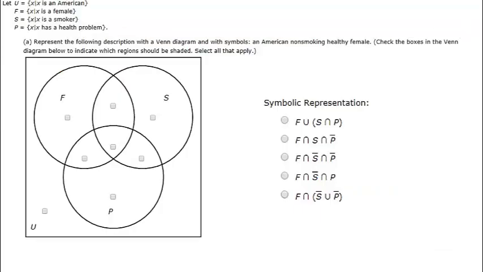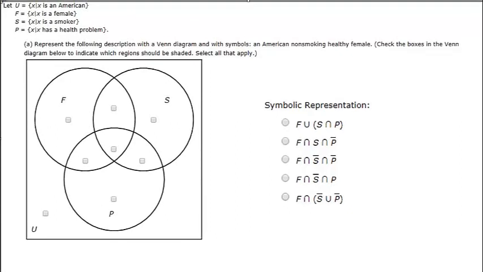Alright, here's where we want to be for real. We want to see what the homework looks like and see what all of this means. I'll move this up just a little bit. Okay. So, U, which is the universal set,